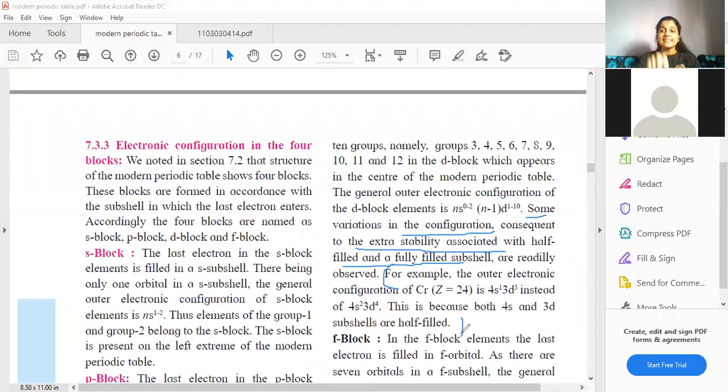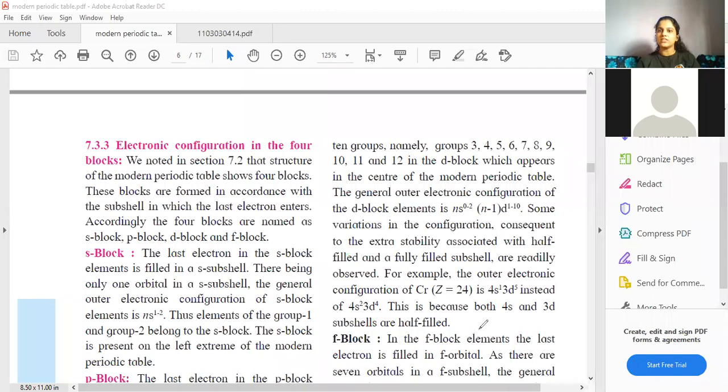Now see, this is the advantage of doing that topic first. This is the reason we did the topic from the structure of atom chapter first, because a lot of things you already know. So this chromium example, see, the expected configuration is 4s2 and 3d4. But in order to achieve half-filled stability, an electron from s will jump to d. So it becomes 4s1 and 3d5 instead of 4s2 and 3d4. They have not actually written it for copper, but this scenario happens in copper as well.